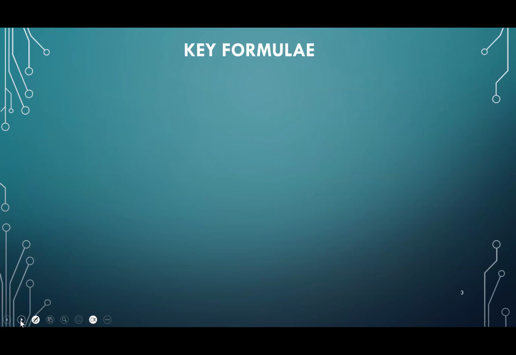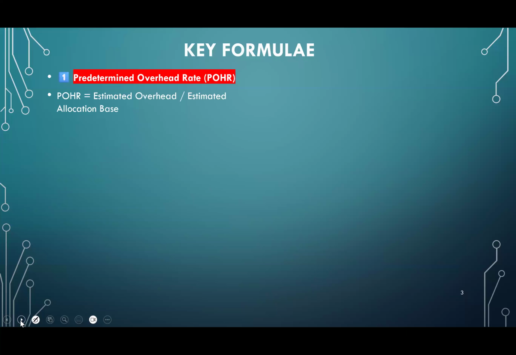Okay. I have made a summary. This is all we had to do for the first half of the chapter though. However, I have made a summary of all the formulas that we have used that you might need. As you by now know, the first formula that you need is a predetermined overhead rate. Important thing is to remember